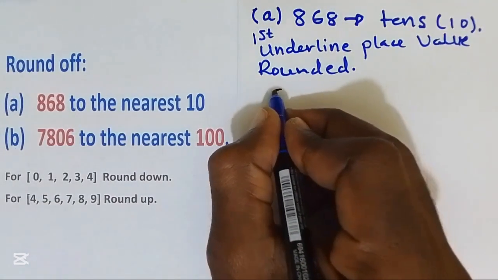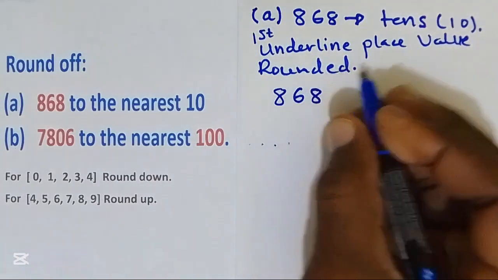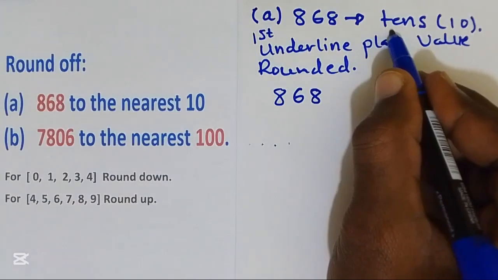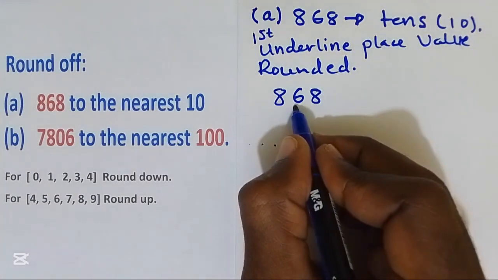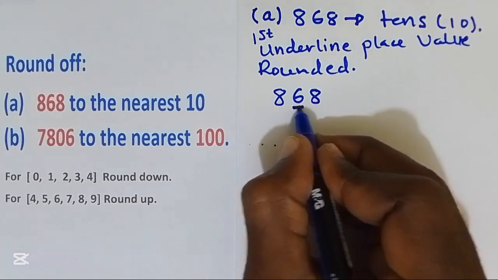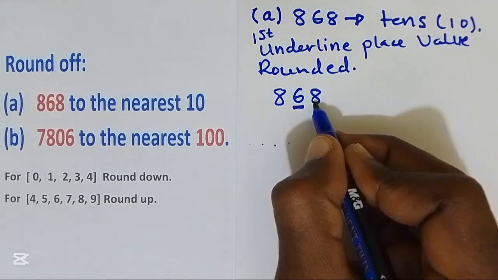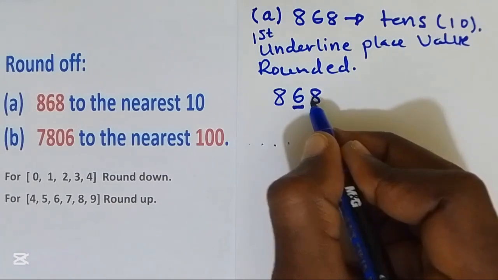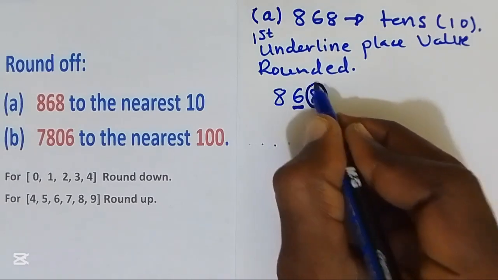We have 868 and we are rounding to tens. This is ones, this is tens, so we underline number 6, which is in tens. Second, we are going to circle the digit to the right, that is, we are going to circle 8,